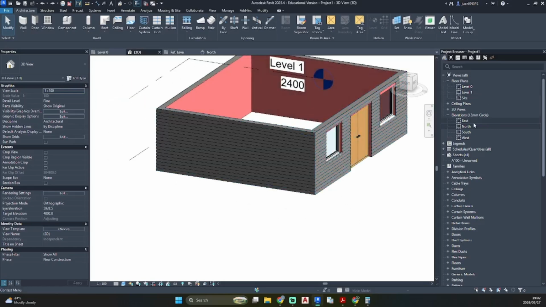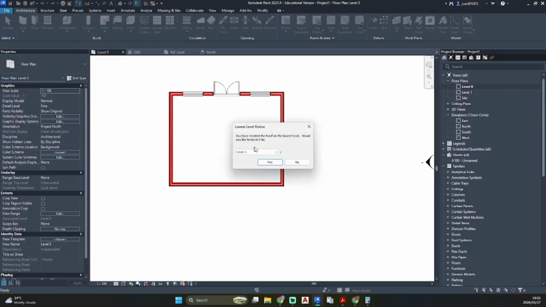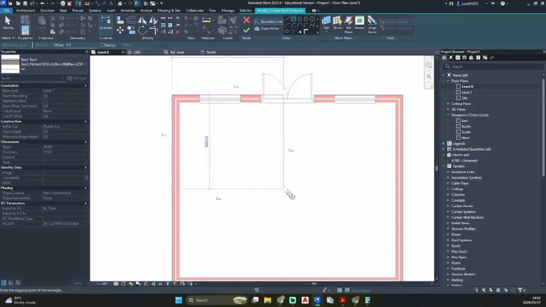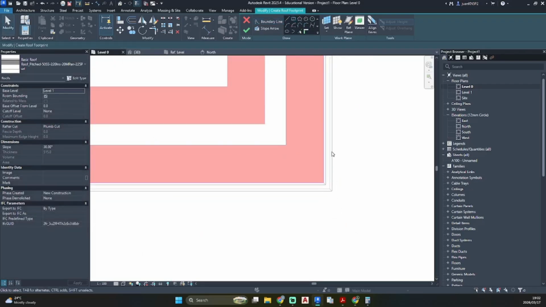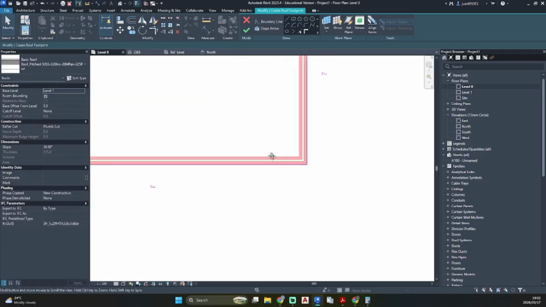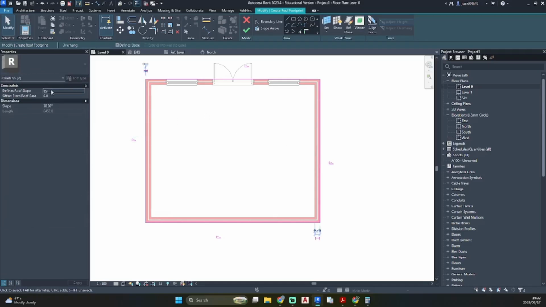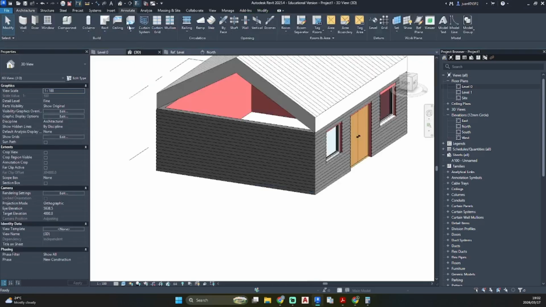This also connects to your roof, so if we go and add a roof on this, go to your floor plan, go to roof. Yes, I want to use my level 1, and I'm going to just use a rectangle tool. And as you can see on floor plan, it's also giving us that nice detailed look of the cladding. Okay, so I'm going to remove these two slopes. And let's go okay. Go to our 3D view.